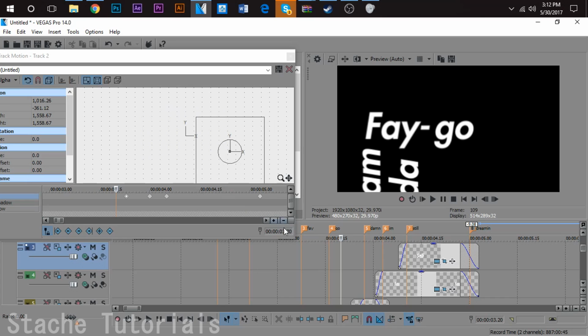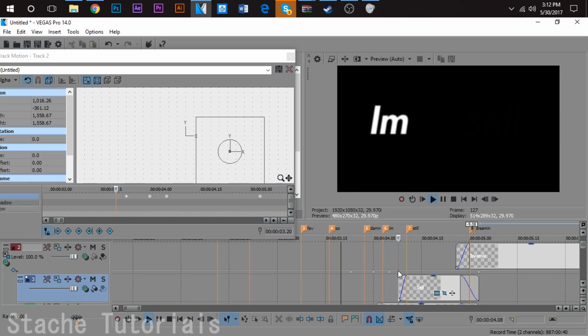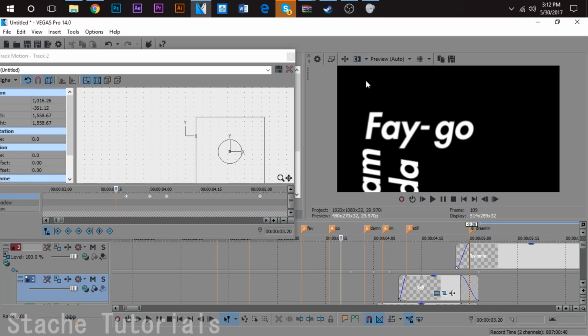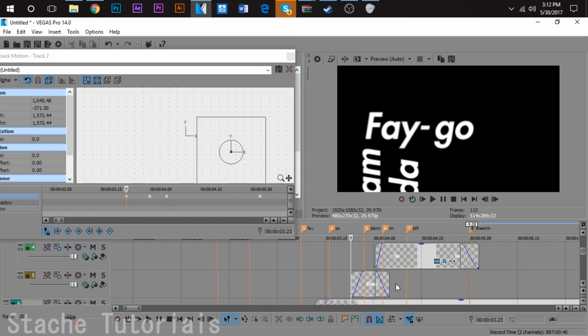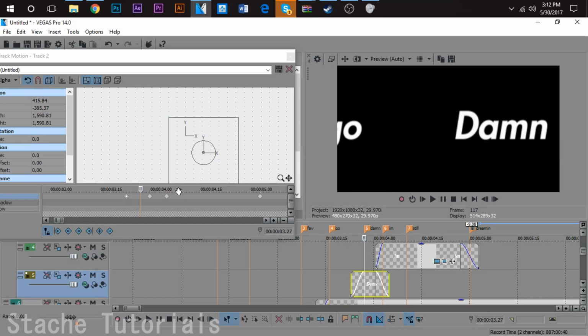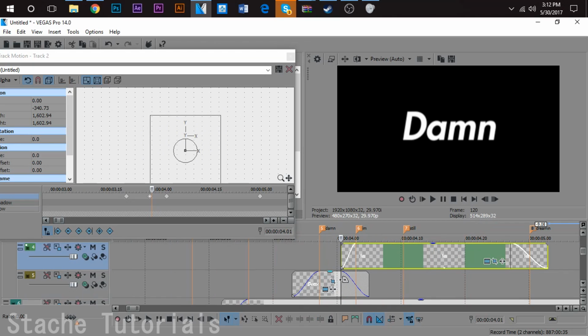Now, if you want it like that, you can keep it like that. But now we can mess with the keyframes, because the "damn" is too fast and "I'm still" is too slow. So what I did on the "damn" is just experimentation. So here's the "damn" keyframe in the middle, and I believe